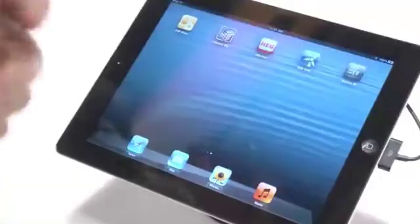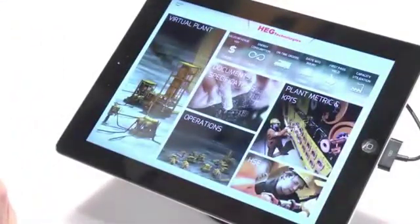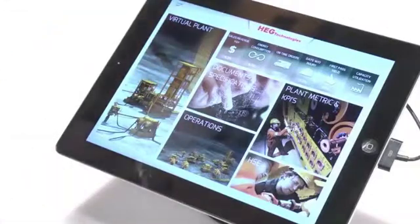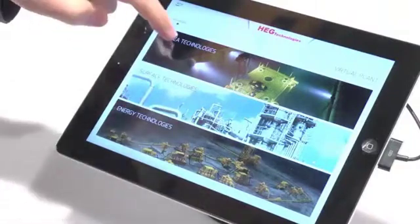Okay. The app that we're going to look at is for a manufacturing company. This app went through the same process that we talked about earlier, similar to the cartoon coming to life through black and white sketches, reviews with a customer, and then ultimately this particular application. You can see a home screen that looks very similar to what you might see on a common consumer app on a tablet today. And we're going to look at the virtual plant area and drill into some of their